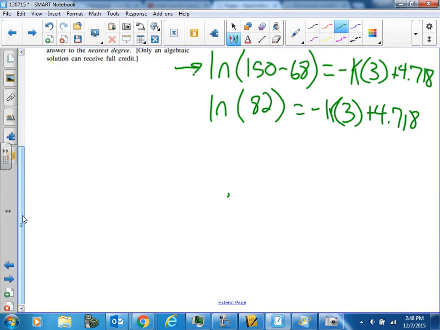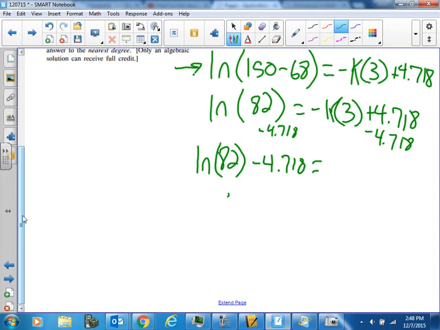So the natural log is, let's keep it like that, matter of fact. So I'm going to do the natural log of 82, and then I'm going to subtract 4.718. So that's going to give you natural log of 82 minus